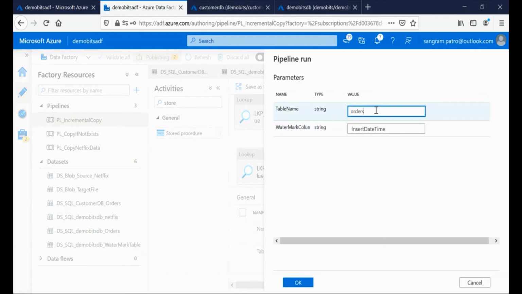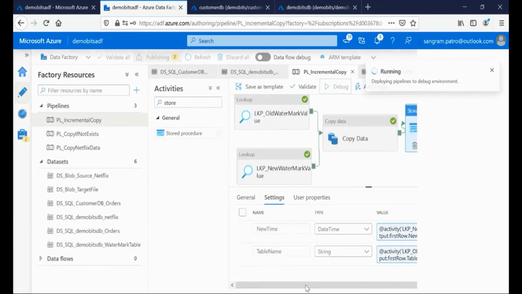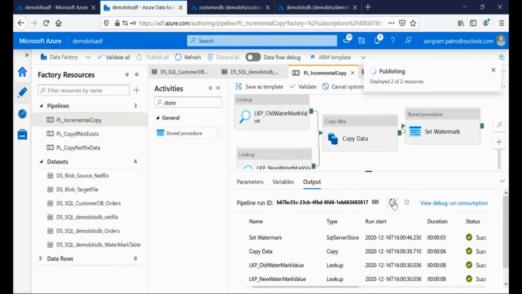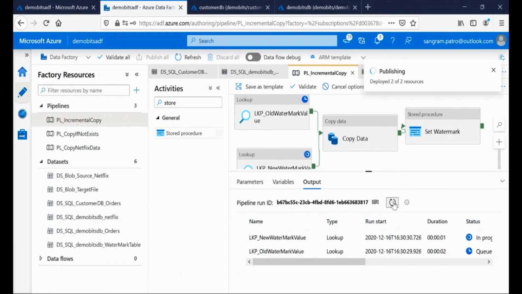So we have supplied the values orders and insert date time. Click on OK. So this is just to prove that we can parameterize the incremental flow.